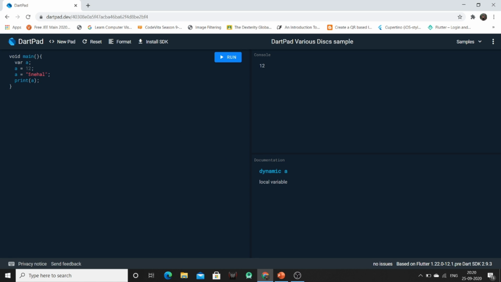Now a can store the value of integer type, a can also store the value of string type, a can also store the value of double, and it can also store the value of type boolean.